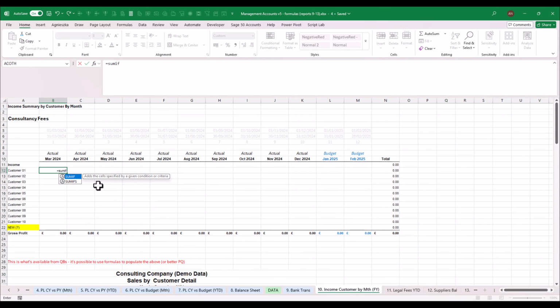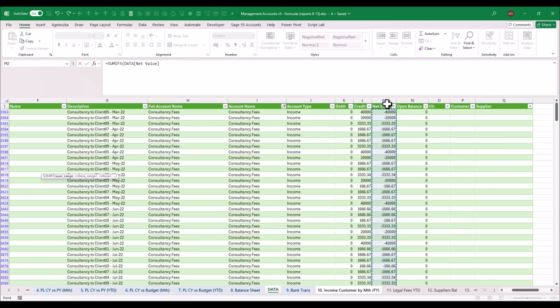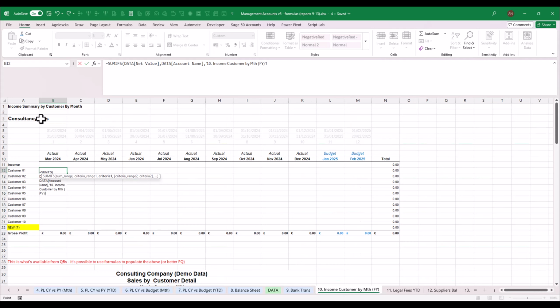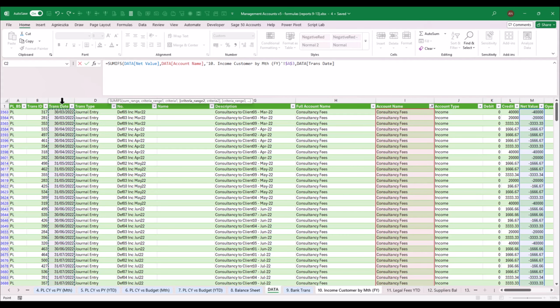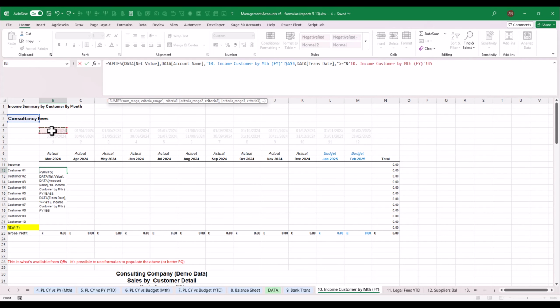So SUMIFS, the same column, net value. And now the conditions: account name has to be this. Let's fix it. Next condition is date has to be more or equal to beginning of the month, and we will fix